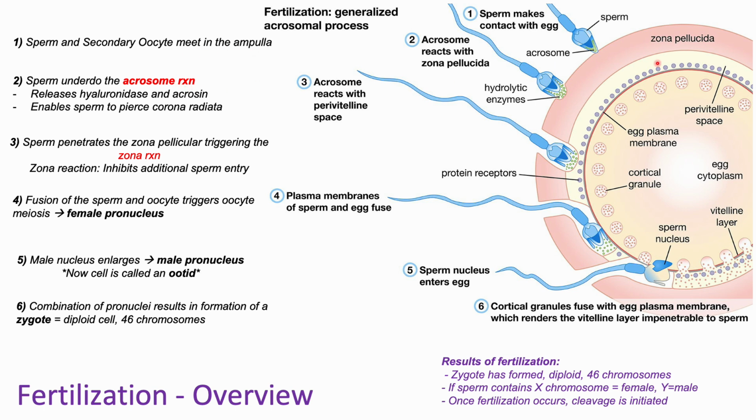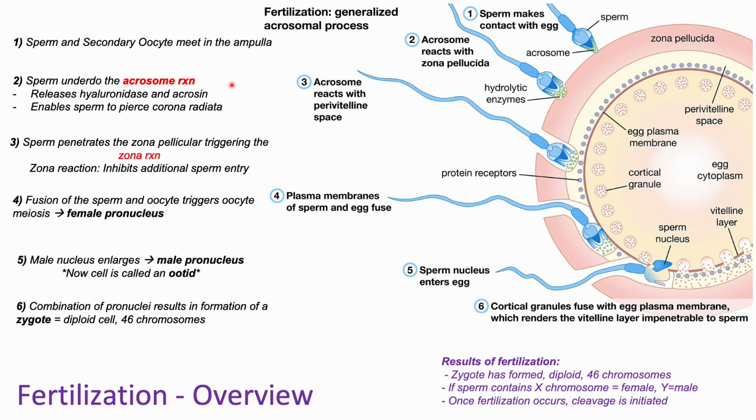Now, in order to do that, the egg is surrounded by 2 different layers. One external layer is called the corona radiata, and then more proximally we have the zona pellucida. Those are the 2 layers that surround the egg, and what this is doing is preventing sperm from actually entering to fertilize, meaning that because there's millions of sperm, only one is going to be able to end up doing this. So in order to make it through these different layers, the sperm actually undergo the acrosome reaction,